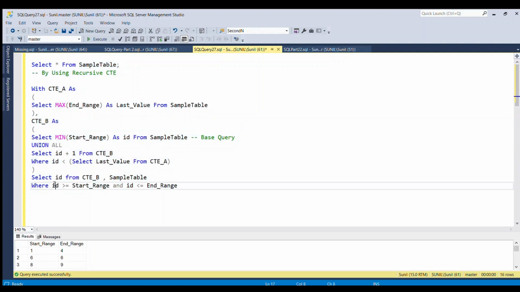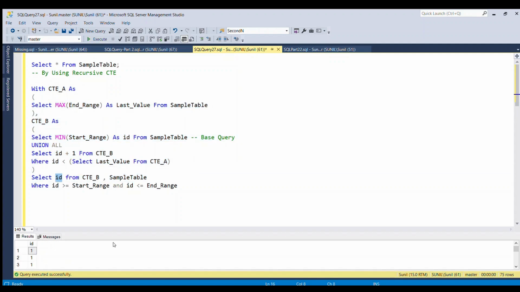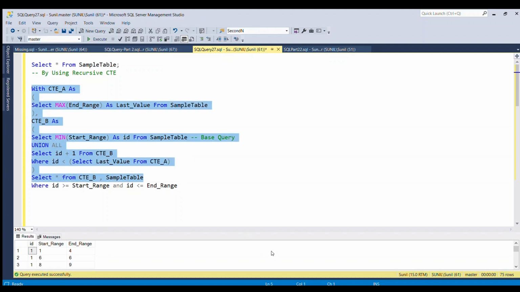If you see my query, select ID from CTE_B comma sample_table, this is producing a cross join between these two tables, that is, all possible combinations of data between the two tables are coming. If I run the query only up to before the where clause, let's see what kind of data I'm getting. Let me put id star in place of id and run.